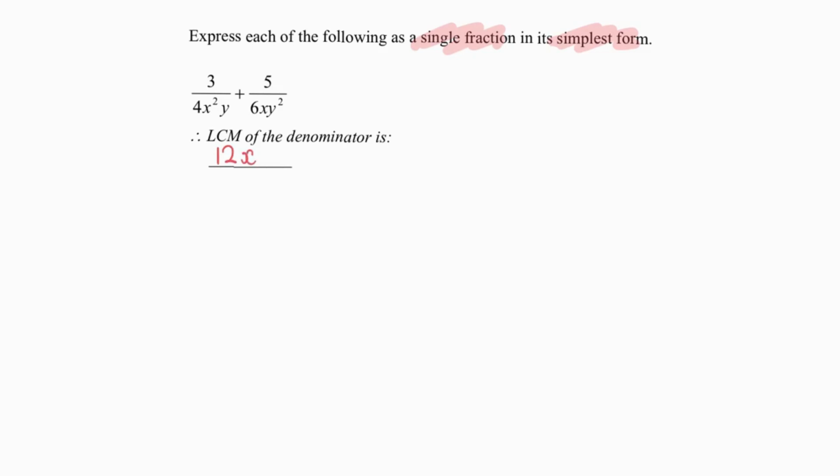And x power 2, y power 2, meaning that I will need to times 3y here, times 3y here, times 2x here, times 2x here, so that the whole simplification will be over 12x squared y squared,